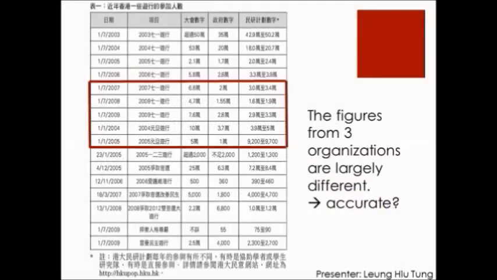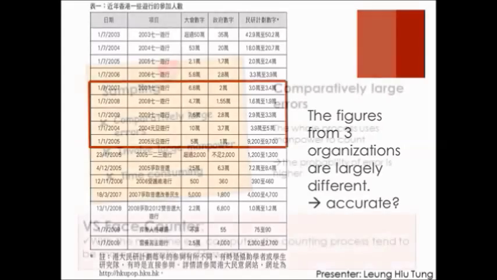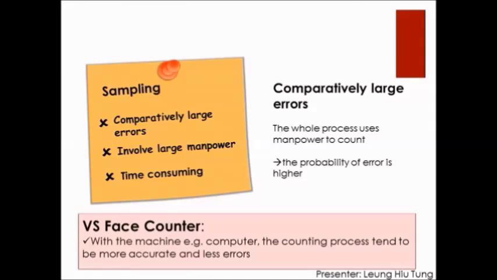The table on your left-hand side summarizes some estimated figures of some marches conducted by different kinds of organizations which use sampling. From the table, it shows that the differences between the organizations are really big. So, can we still think that sampling is a good way for counting people? Absolutely not, because it has some disadvantages if we compare it with the face counter. As I mentioned before,